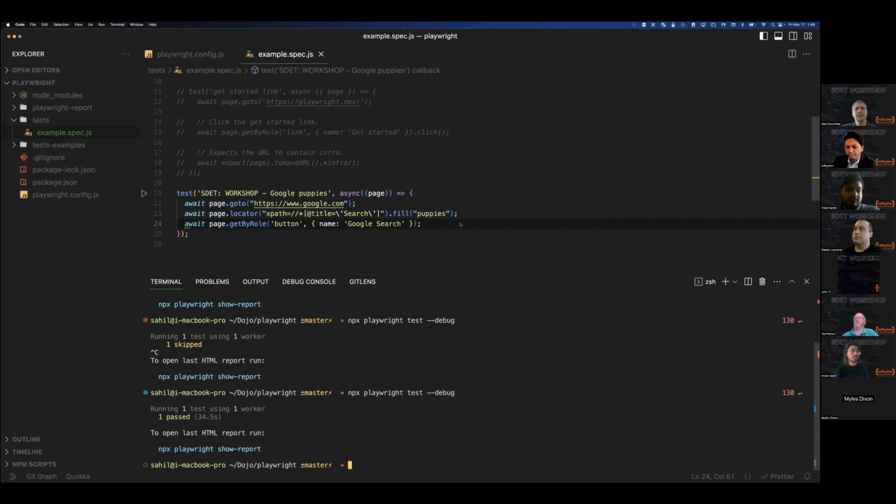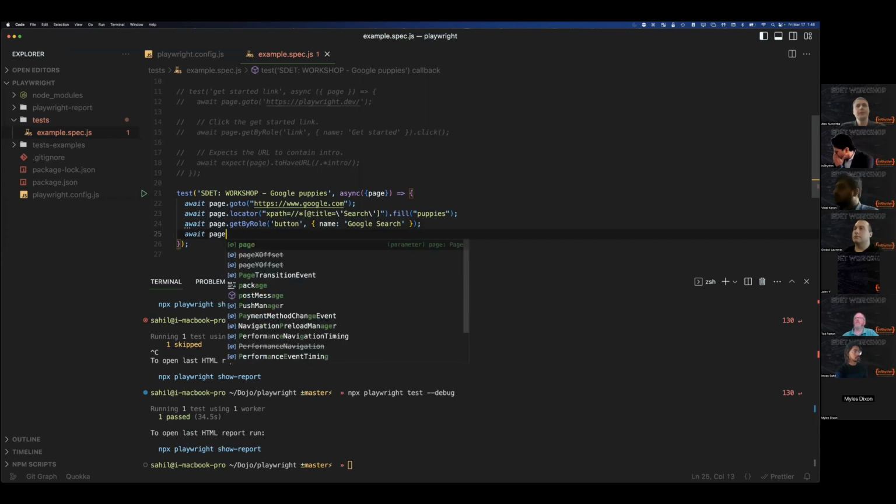We did not add any wait time for the next step, so I'm assuming after. All right, you can quickly add a breakpoint again with the Playwright inspector. To add a breakpoint, just add one more statement after the get by role, after the button click, and write await page dot pause.